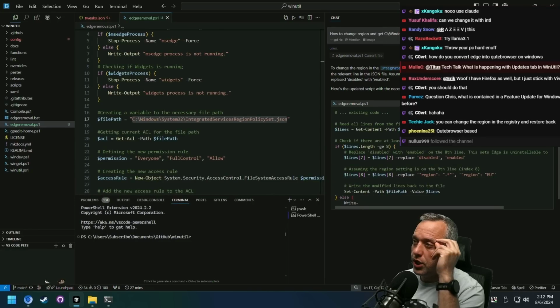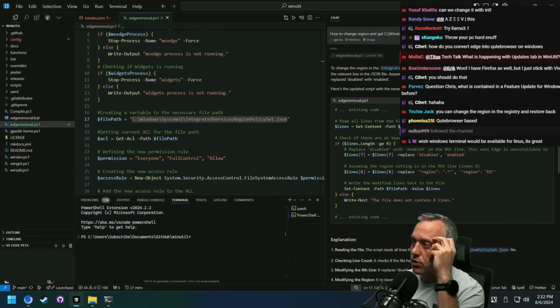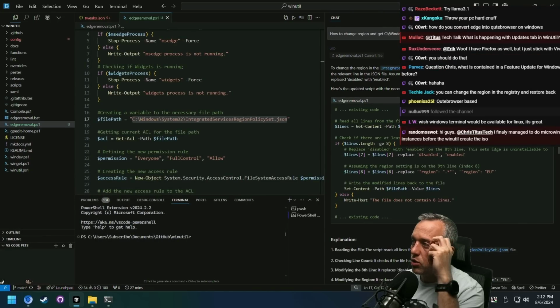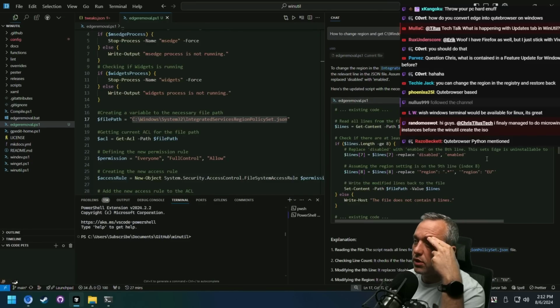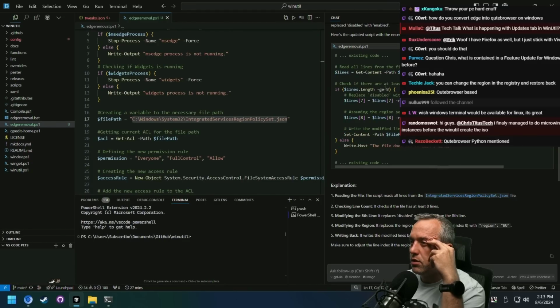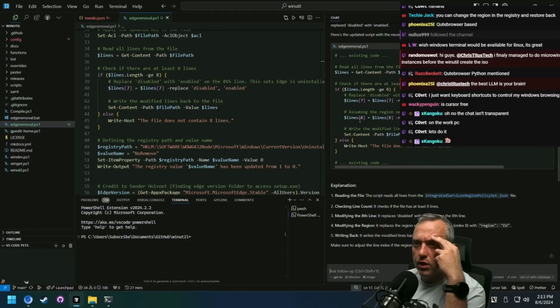All right. So changing the region with the integrated services region file to EU. You can modify the script to update the relevant line of JSON. Here's an updated script. So what is it doing? So on line 8,